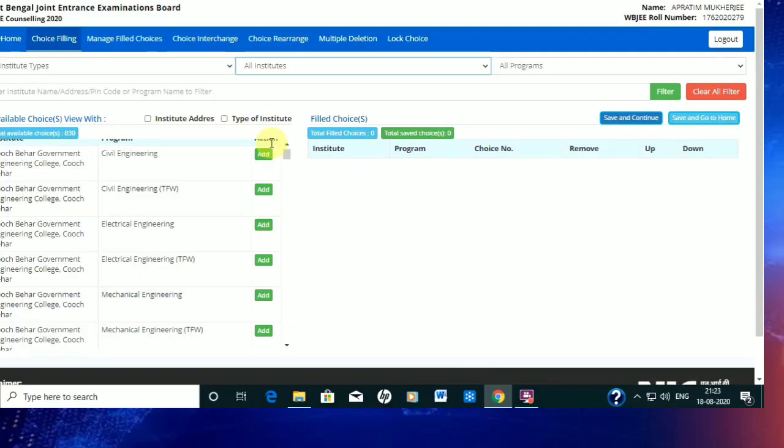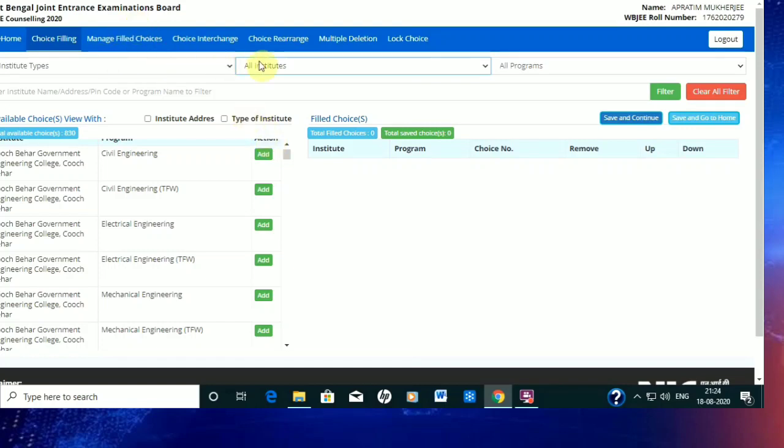So here we come up with the most important section, that is choice filling. While making these decisions, you have to be very, very careful and at the same time practical as well. With a rank of 50,000 in WBJEE, you cannot expect a seat in the Jadavpur University Computer Science Department. Well, I am not discouraging you at all, but please be practical while making the choices. Despite that, having a rank of 50,000, if you want to start with a government college, you can do that anytime.